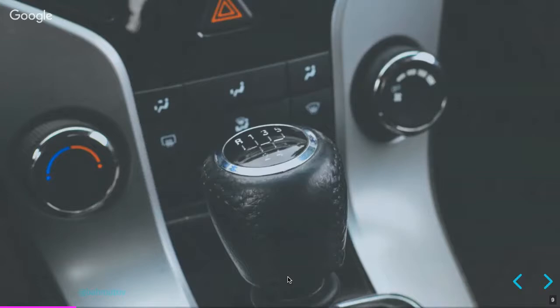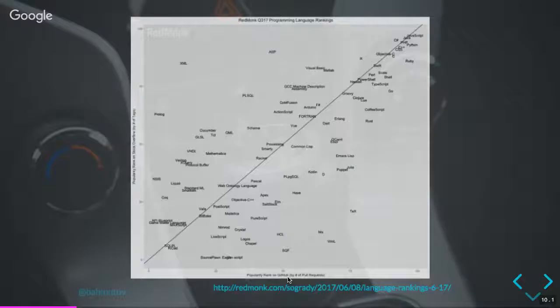Once they have driverless cars, can you get it in manual transmission? Anyway,